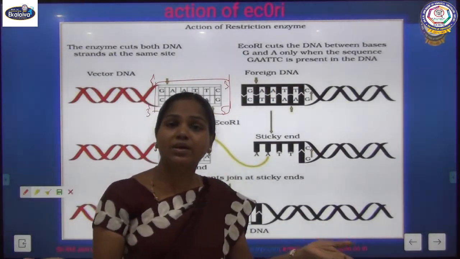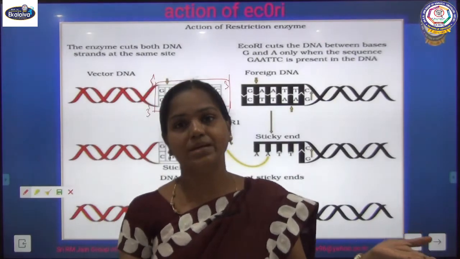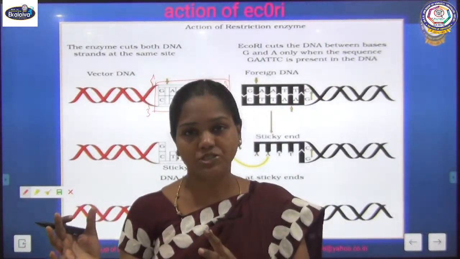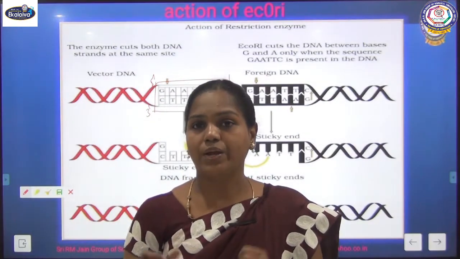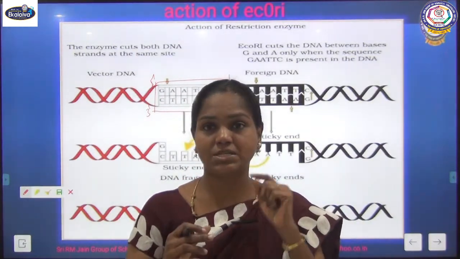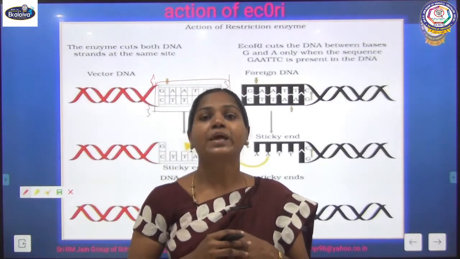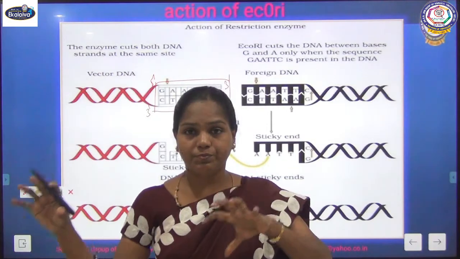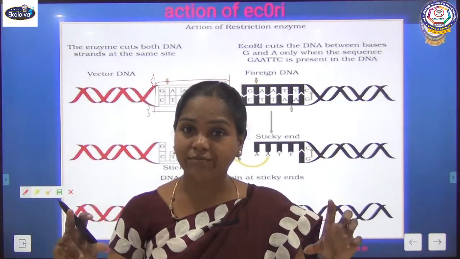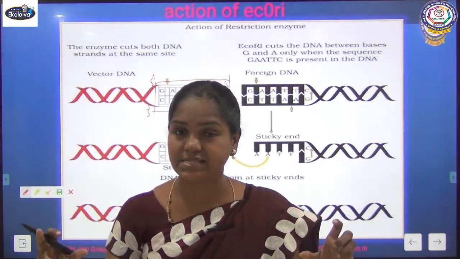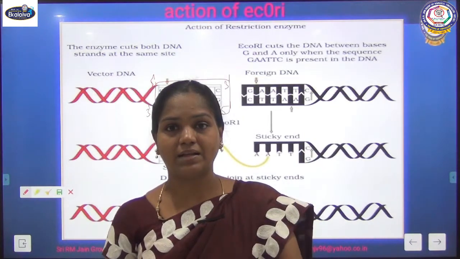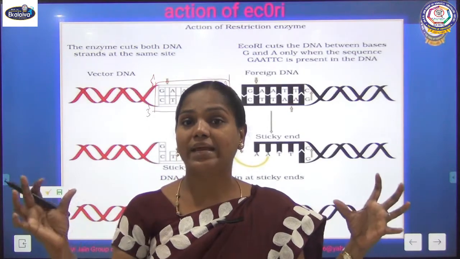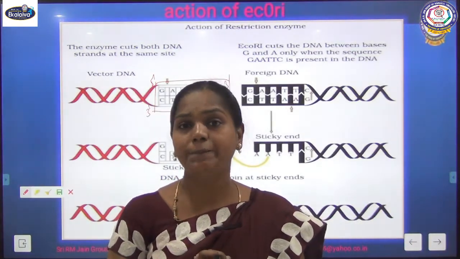What is recombinant DNA? Recombinant DNA is a combination of our vector DNA and our desirable gene, that is our foreign gene. When you take those two things, the first procedure I told you in that first video, they have to be treated with the same restriction enzyme, because both vector and foreign DNA should have the same types of ends. A sticky end here in the vector and the same type of sticky end in the foreign gene, so that they can get attached together to form our recombinant DNA.